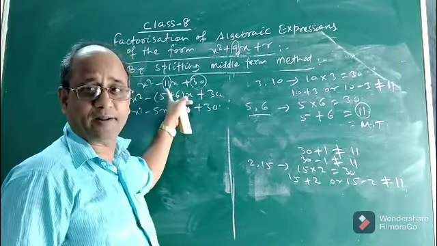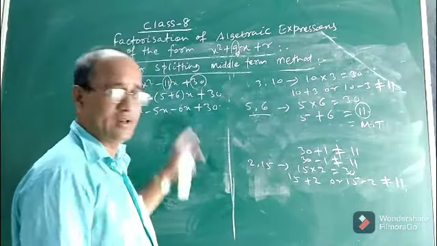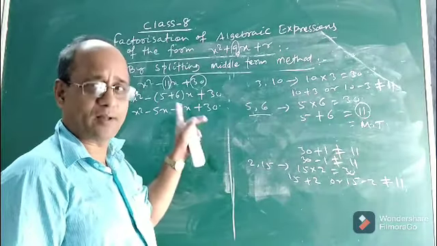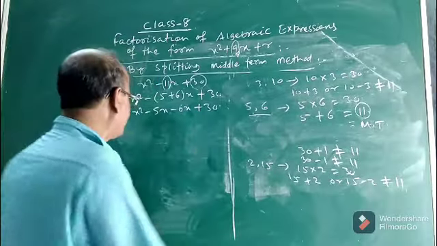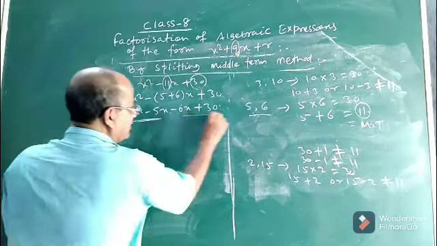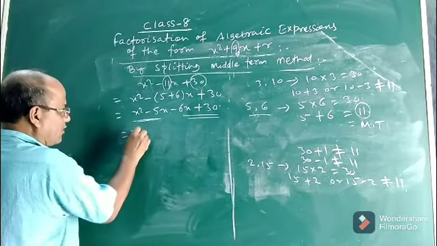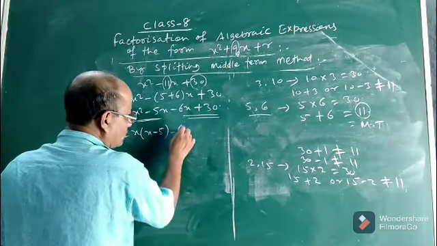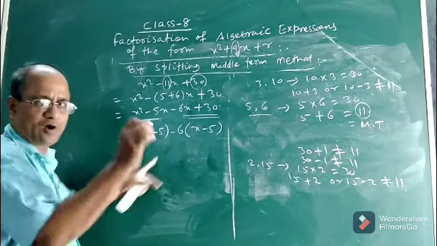By splitting the middle term, following these steps that I discussed, it will come into the form of x square plus (a plus b) into x plus a into b. Now you can easily do it by taking common. See, what is the next step? The next step is you take common out of these two terms and also take common out of the other two terms. So here what will be the common? X. So what will remain? X minus 5. Out of these two terms, what will be the common? 6. It will be against x minus 5. You know how to take common.